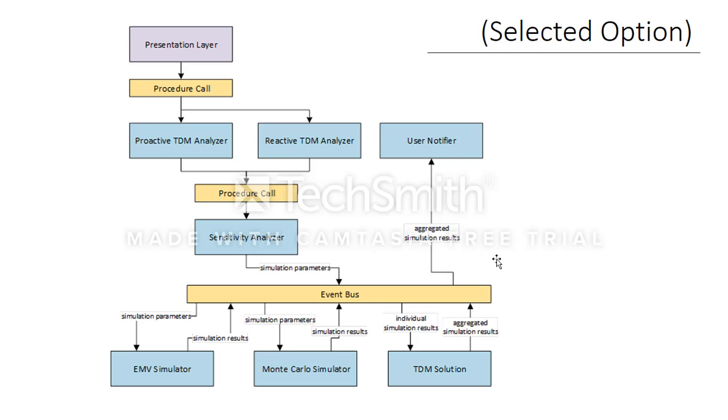analyzer, which essentially takes the input data and says, okay, you believe that the probability of occurrence is 20%. What if it's really 15 or 10 or 5 or 30%? And it generates different requests for simulations based on that, sends those simulation parameters through an event bus, and the simulators that are able to handle it will handle it,